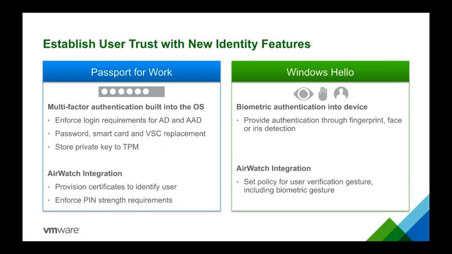So we integrate with a lot of the identity management capabilities that are built into the Windows platform. So Windows Hello, for example, where you can use a passcode or a biometric scan, that can be enabled based on policy through AirWatch. We support Credential Guard, which was introduced in Windows 10 as well. That's a virtualization-based solution for credential storage. We also support storing private keys and certs that you've defined into the trusted platform module, so it's a hardware approach to security as well. So we feel that we are very, very strong in onboarding and enabling users to run in a very secure